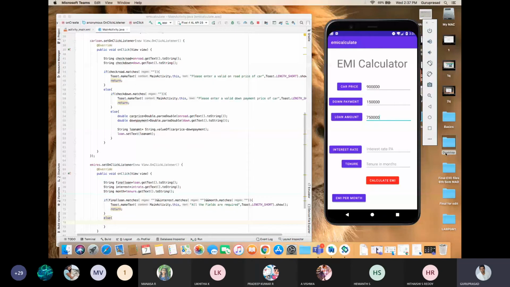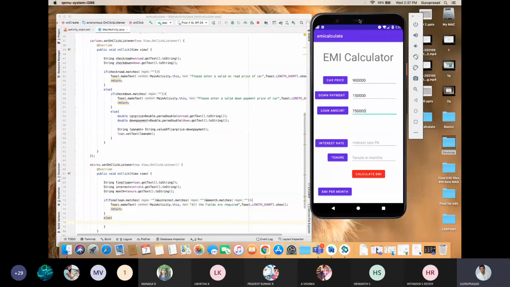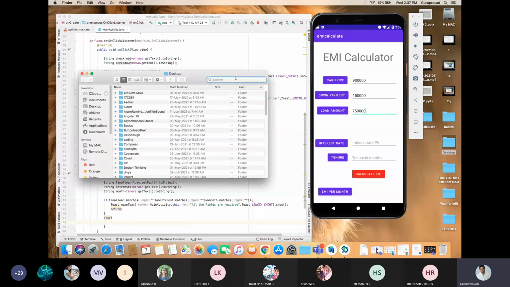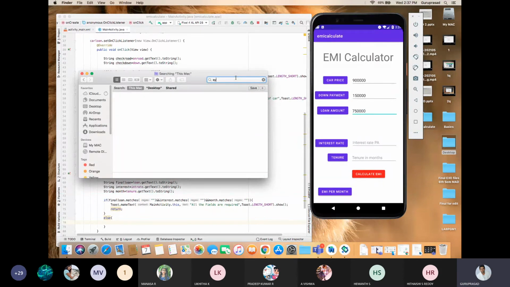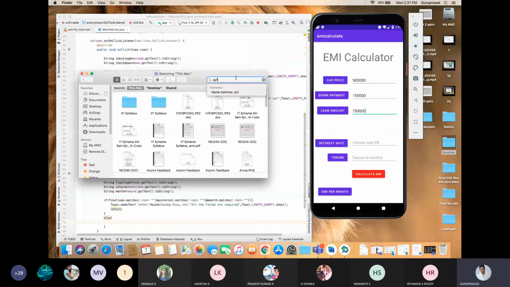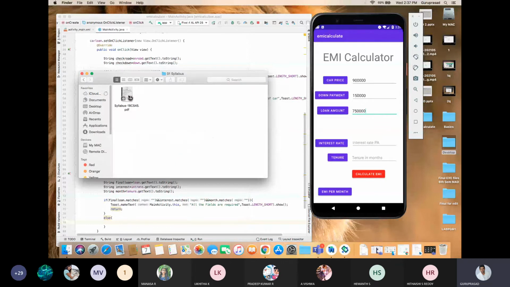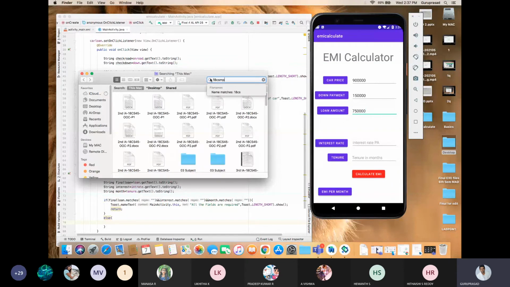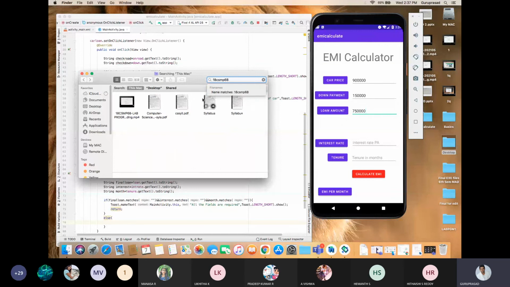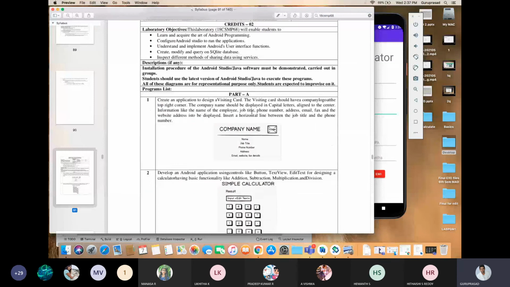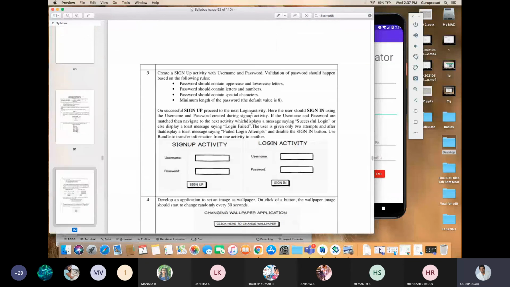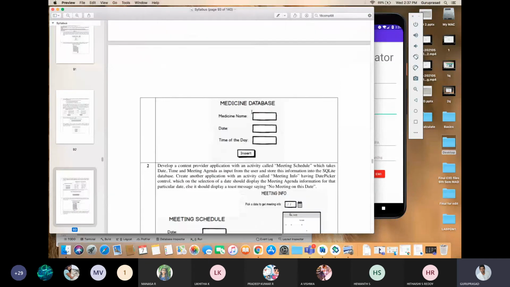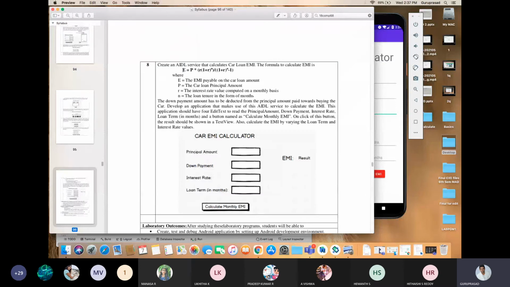It's in the syllabus. Yeah, formula multiplication. You see this formula?